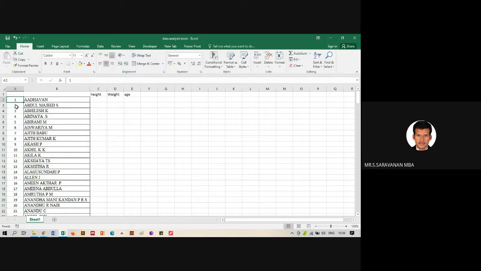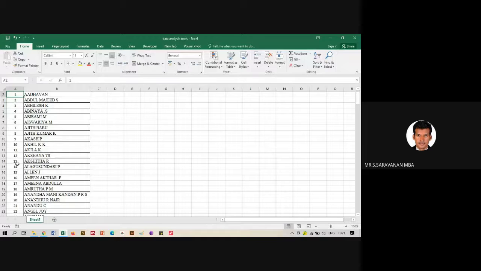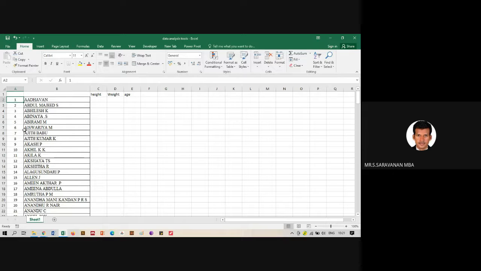Okay. I want to find out what the end number is. So Control Down. Control Down, I have 204 data. If you want to come up, Control Up. I have 204 data, but I cannot fill each and every piece of information manually. So for that, there is an easy option. See, this is only for calculation purposes. Okay. If you want to generate random numbers, always go to equal to RAND, random numbers.